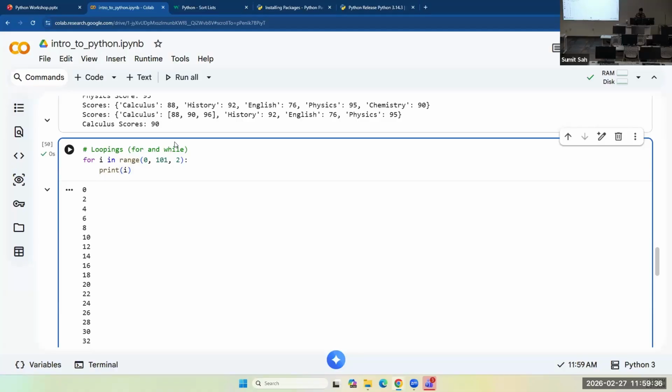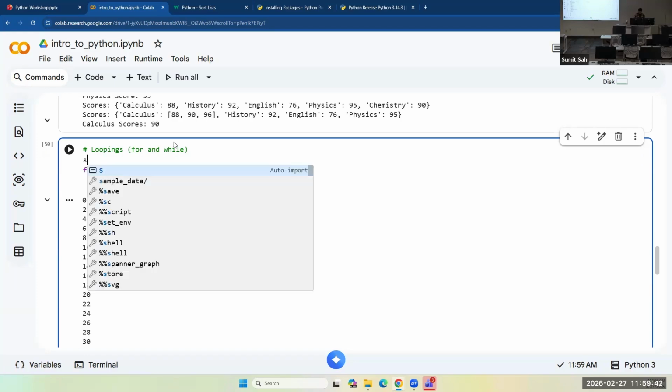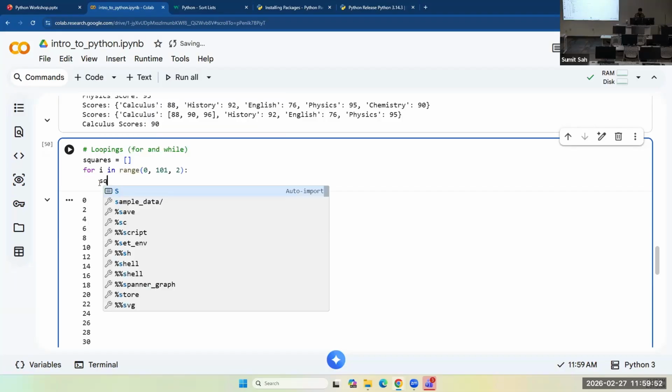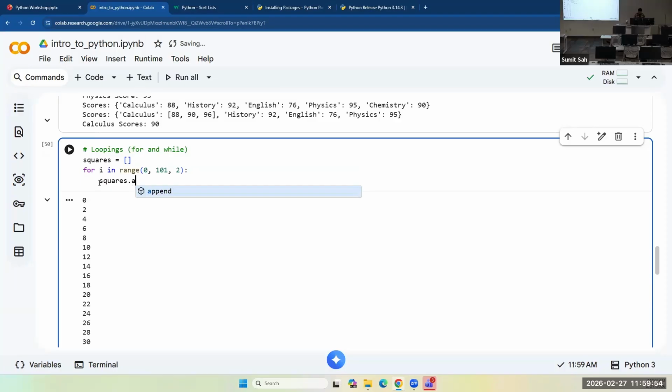And you could start with an empty list, like squares, and then you could add elements into this list.